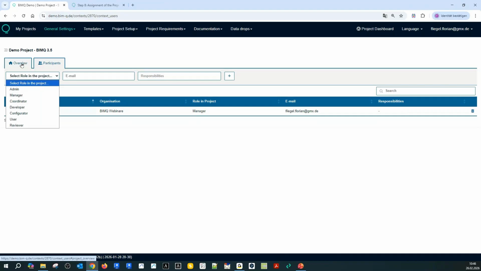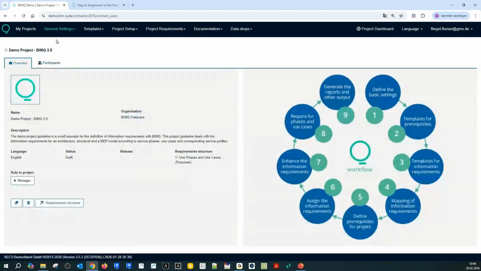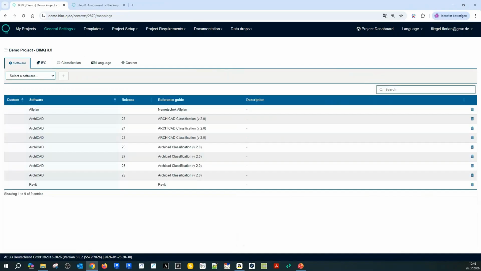Okay, let's go back to the overview. And now we want to look at the general settings, and here we define what software systems, what IFC schema, classification, or language we want to use in our project. For software systems, we see some software systems are activated here in BIMQ, for example, Allplan, Archicad, or Revit. And what we also see is that the software systems are linked